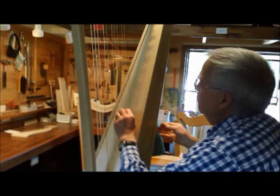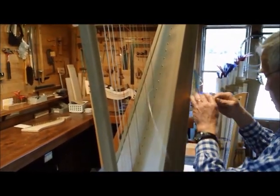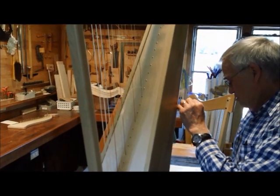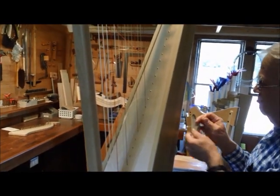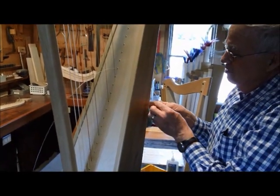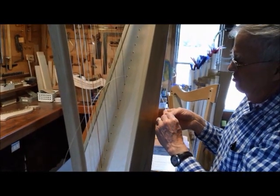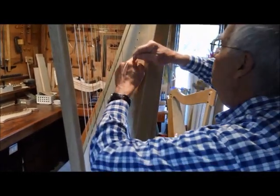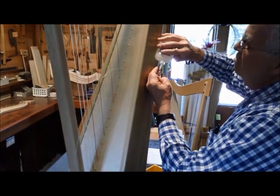I'll show you here. This string is long enough to do 2, so I'll put one end in, tie my knot, make a bow out of it, hold tight, add super glue,